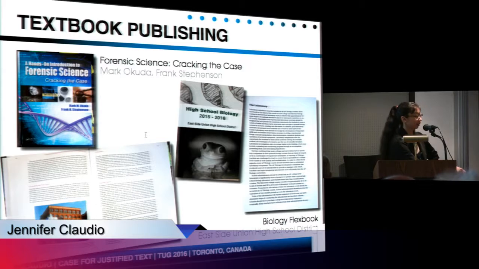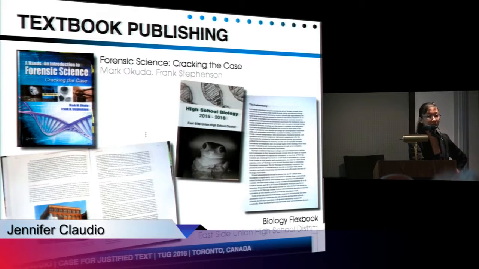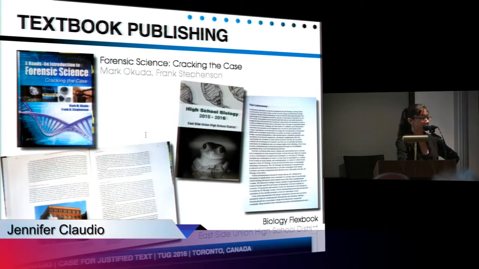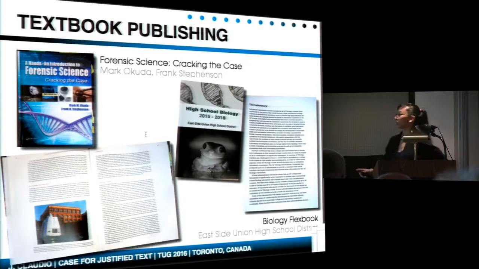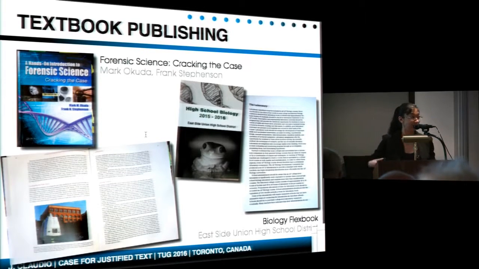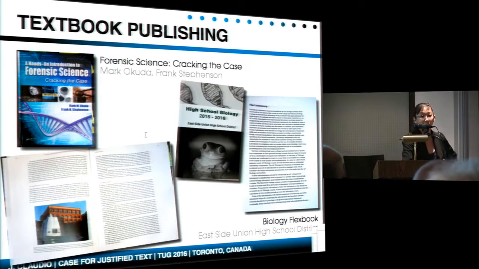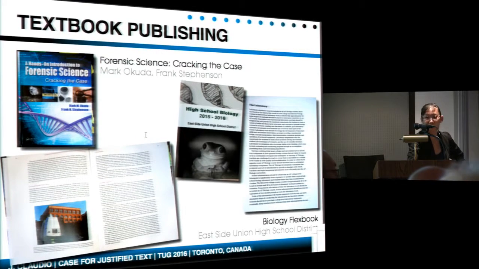So I've opened up these textbooks, and now you see the forensic science textbook. It's got justified text, it's got pictures, and this one's published through CRC, and I'm still going through and looking for edits, typos, and factual information. For the East Side textbook, it's just got major problems. I mean, I'm looking at it. We've got major problems because it doesn't actually look like it reads very comfortably for most of our students. And as expected, they do complain about how it just looks like something that's been typed and printed, which is actually all it is, so their complaints are warranted.